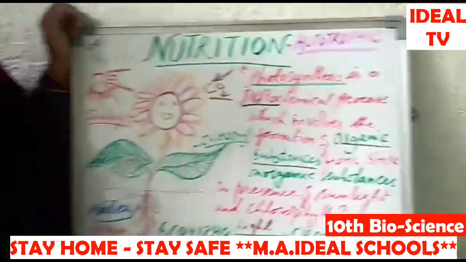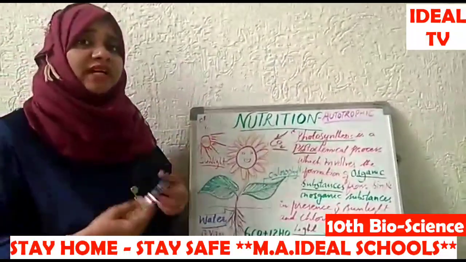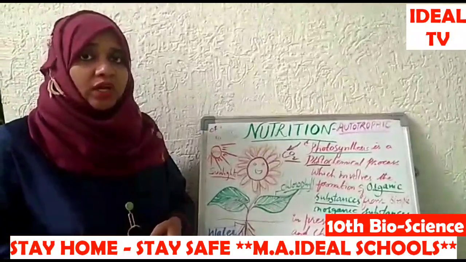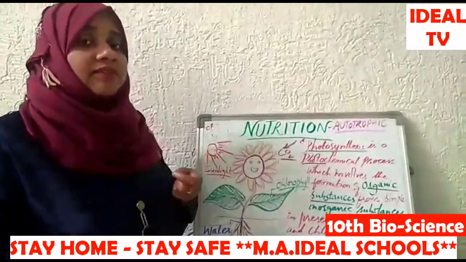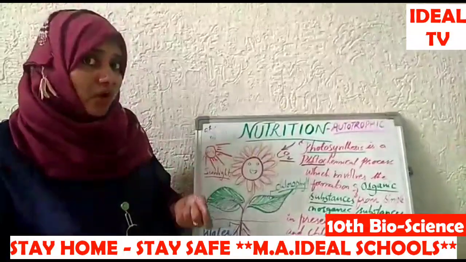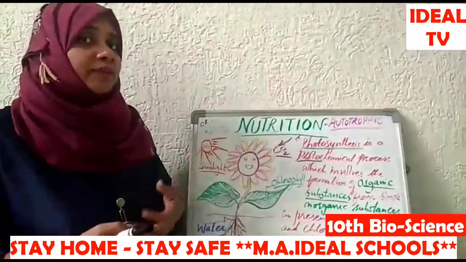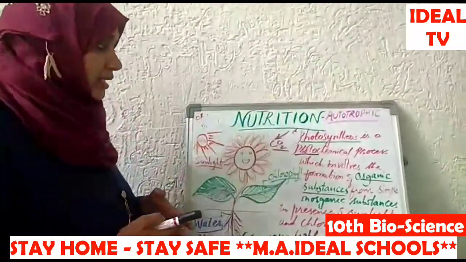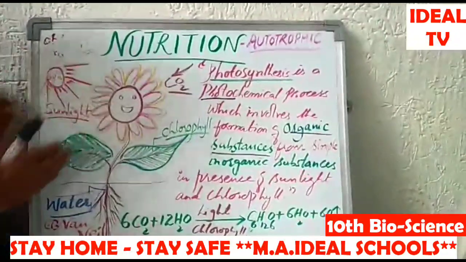In the lower class, you might have studied the photosynthesis process where you simply defined it as the preparation of food material. But now the complexity increases. At this level, you need to understand its difficult components. In this process, we are going to prepare some chemical compounds which are very, very essential for the plants. Let us see what the different components are that help the plants to undergo the process of photosynthesis.